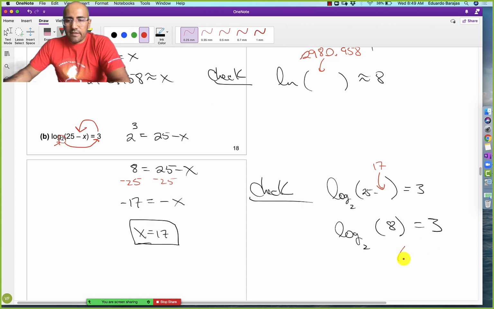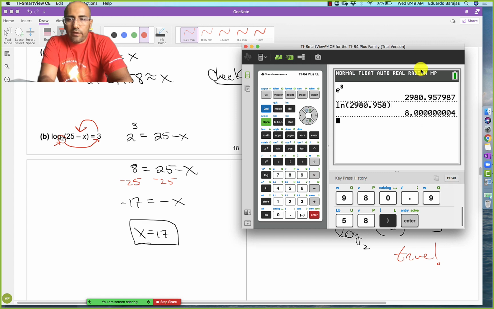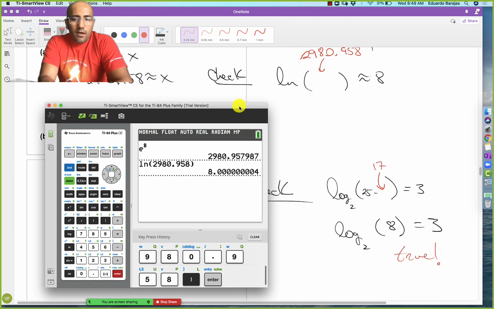Good. Definitely true. Okay, so they were just kind of conveniently easy numbers, but what if they were really ugly numbers that we didn't really know just by looking at them? Let's use our calculator to check it. So again, we're not solving it, we're just checking to make sure that this really does equal 3. Okay, so let's do that with our calculator. We got a couple of choices. For one thing, well, before I go there,